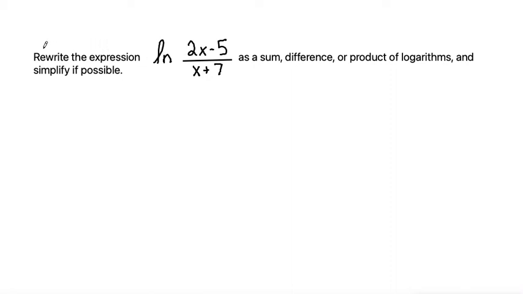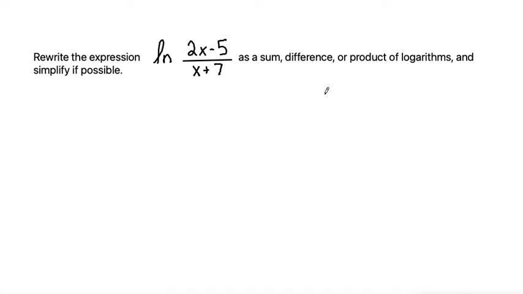So this problem says to write the expression natural log of (2x minus 5) over (x plus 7) as a sum, difference, or product of logarithms and simplify if possible. So when you're doing these types of problems, rewriting as a sum, difference, or product of logarithms, the primary formulas